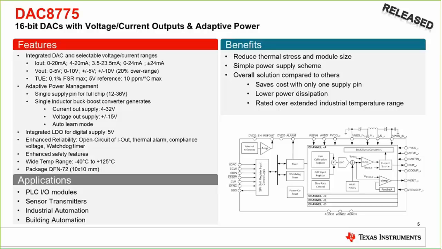In addition to those features, the device is smart, if you will, and can be programmed to automatically go into a fail-safe state if one of these conditions is reached. And by fail-safe, we mean you could switch off the DC-DC converters and power off the current output such that you're in a zero output state and there are no high voltages present from the DC-DC as well. Altogether, this device goes into a 10 by 10 millimeter QFN, which again helps us realize our size goals.